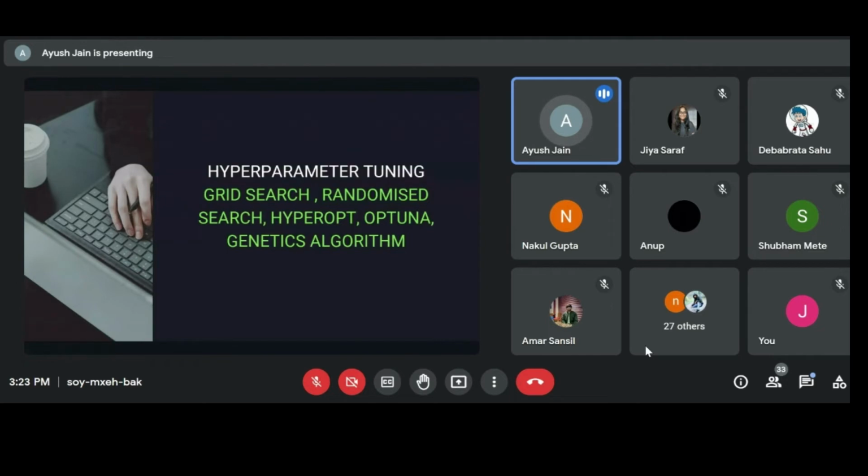Now, after applying the model, you do hyperparameter tuning. You will find the best parameters that suit a model and algorithm. You apply the model, but on top of it, you try to increase the accuracy by tuning variables in the hyperparameters. We apply grid search, randomized search, hyperopt, optuna, and genetic algorithms that tune our model and help in increasing our model accuracy.